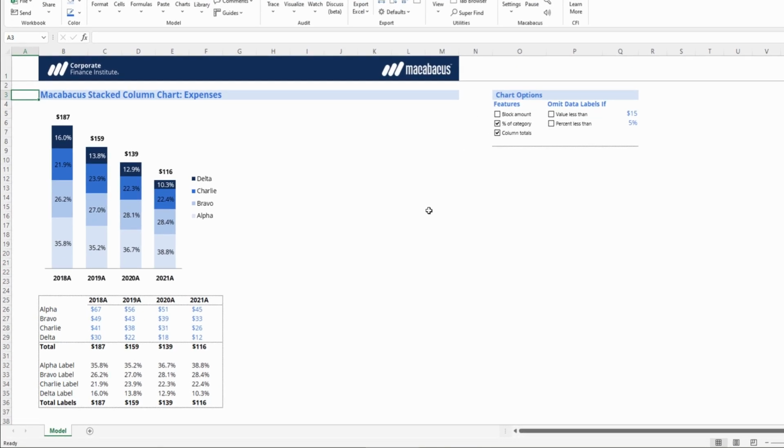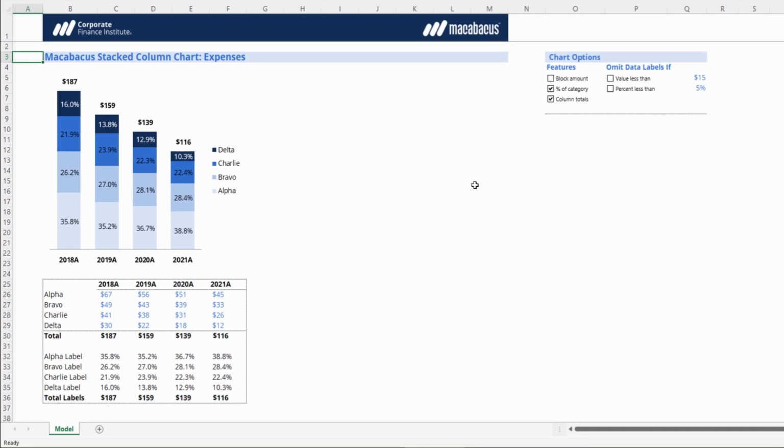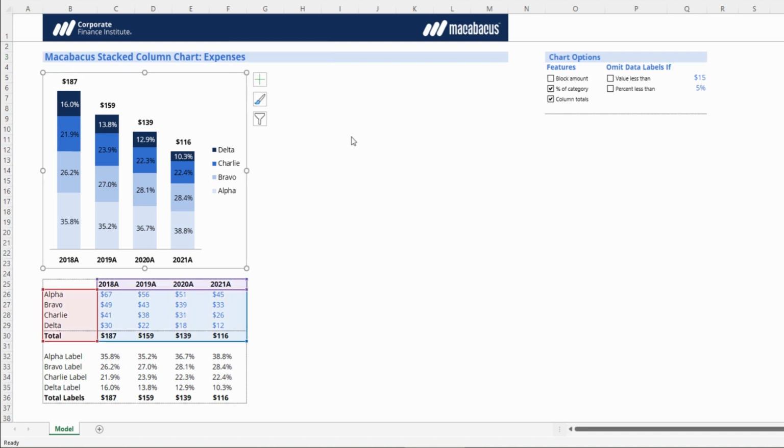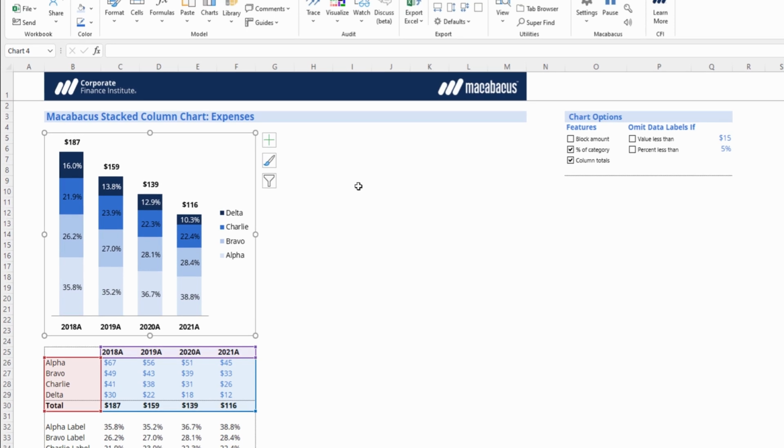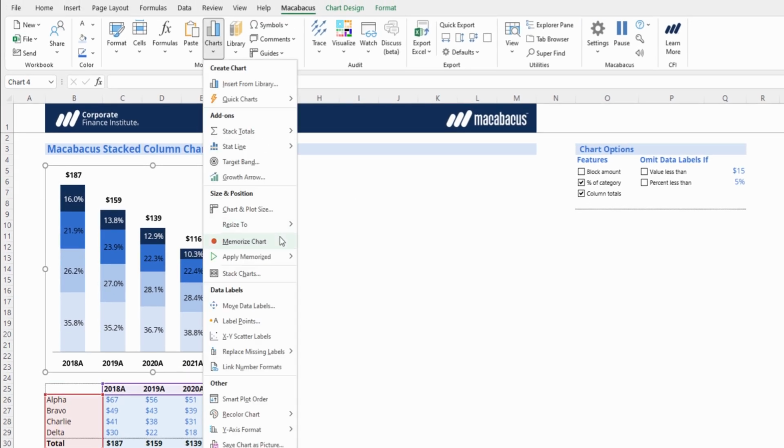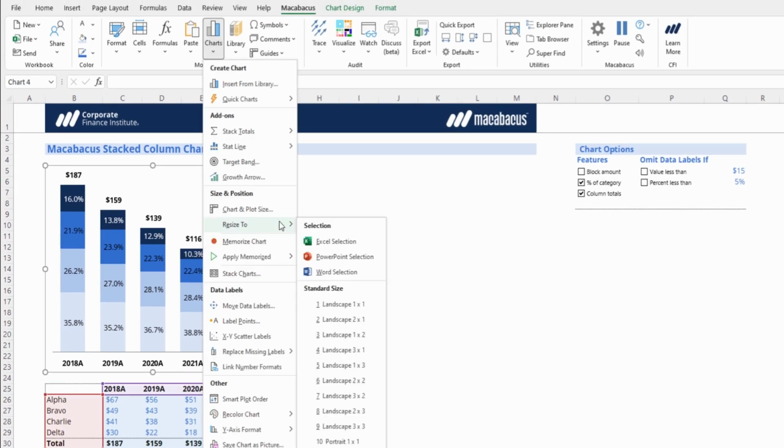Macabacus offers a very useful tool for the quick resizing of charts. We can see the stacked column chart here that we created with Macabacus Quick Charts. We can quickly resize it by just going into the Charts dropdown, and then under the Resize To dialog, we